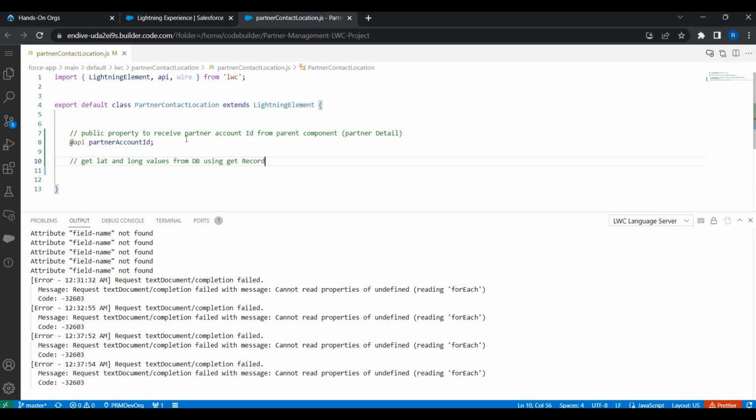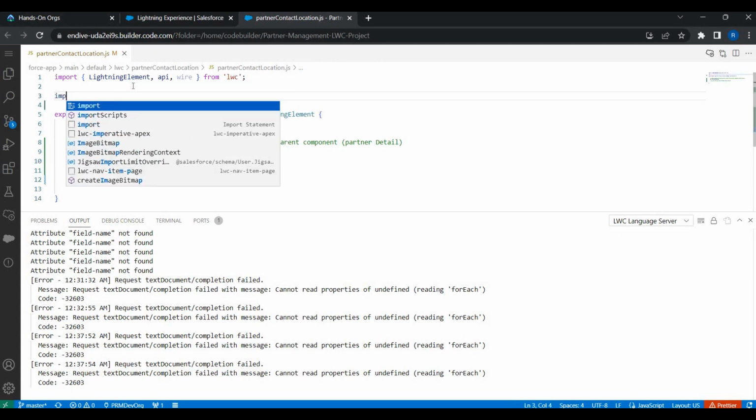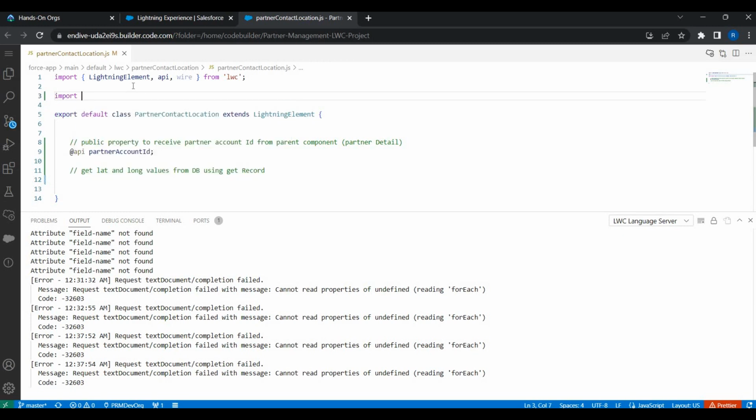So first let's do this one, then we can continue on plotting the map. So how do I get this data from the database? It's easy, as we are dealing with just one record. We can simply use the get record function